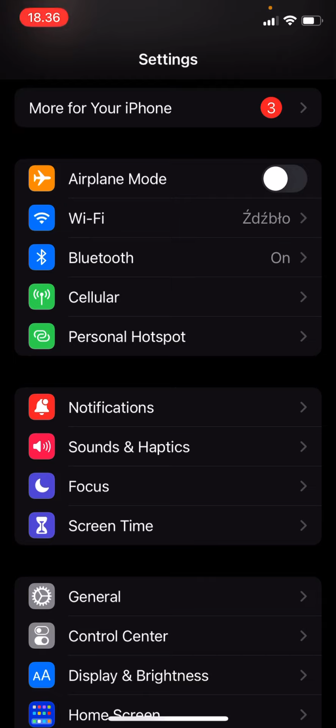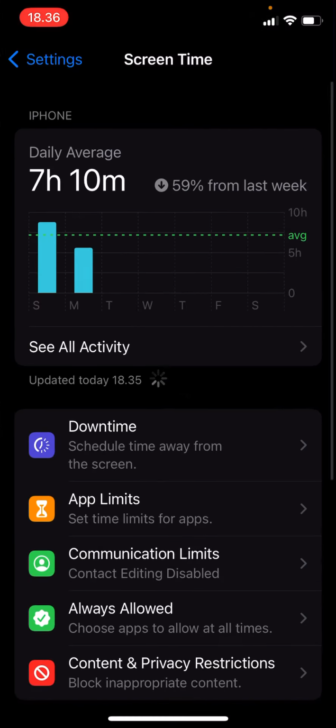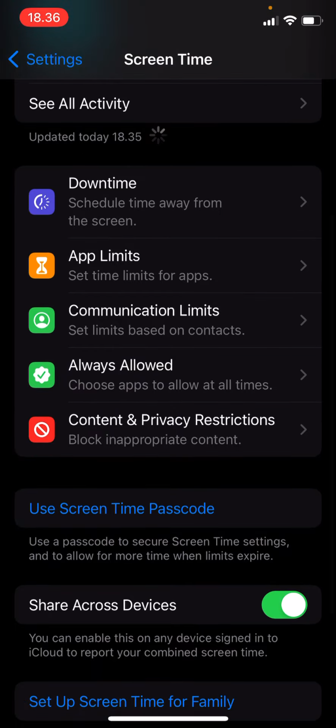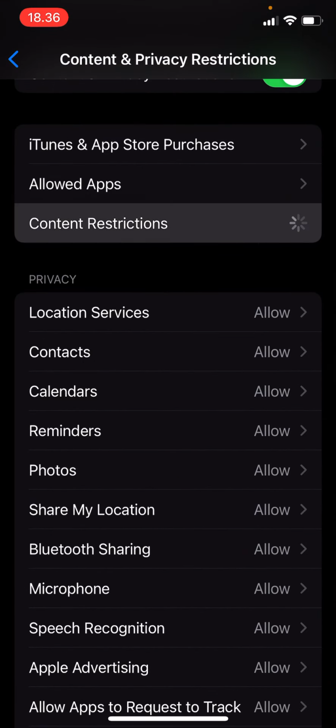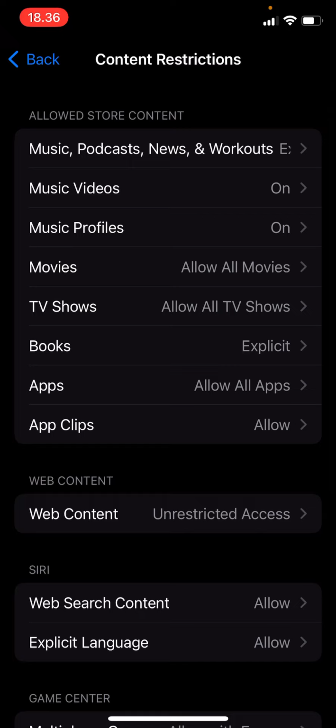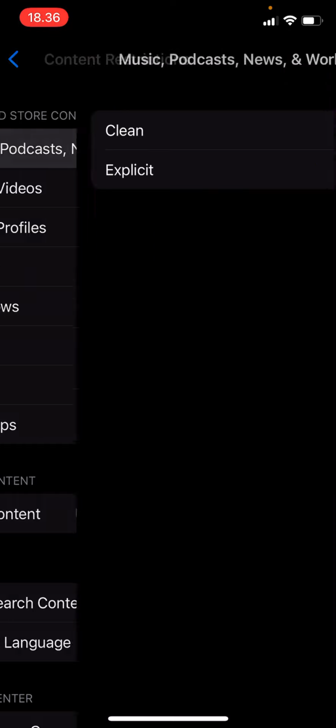In this video, I'm going to be showing you guys how you can restrict some content on your phone so it'll be safe for, I guess, children to use. But you're just going to go to screen time and you are going to go to content and privacy restrictions. And then you are going to go to content restrictions, and here for instance, if you have this under